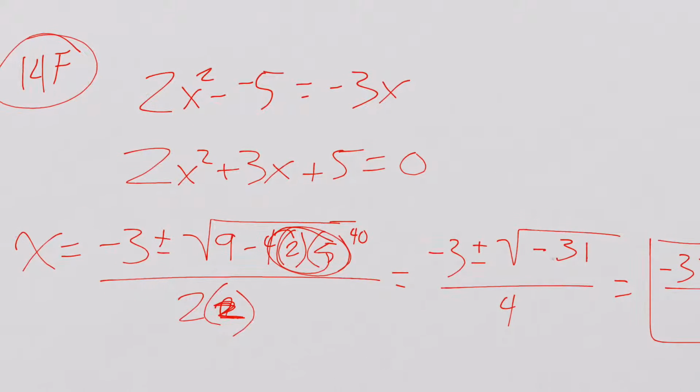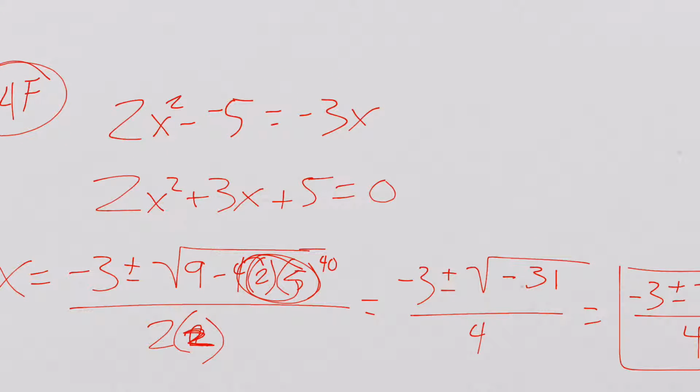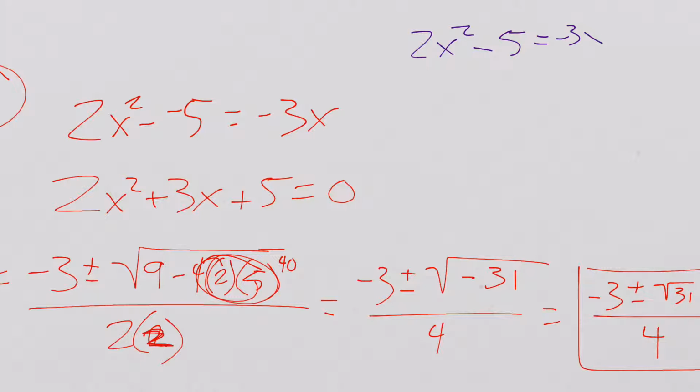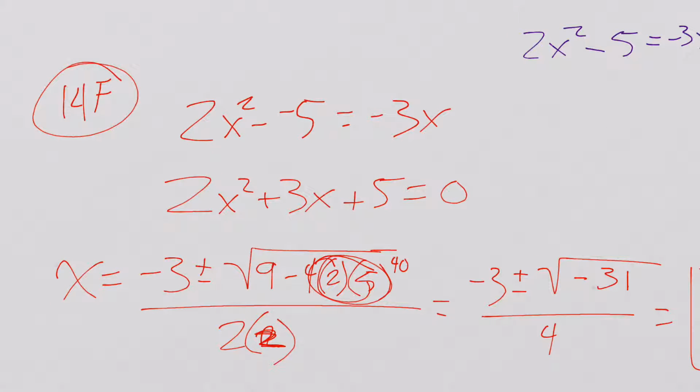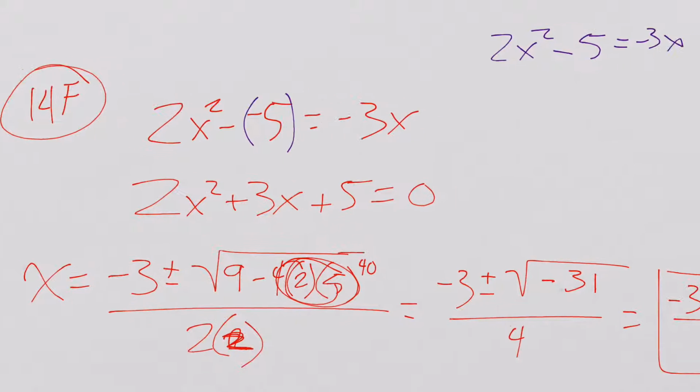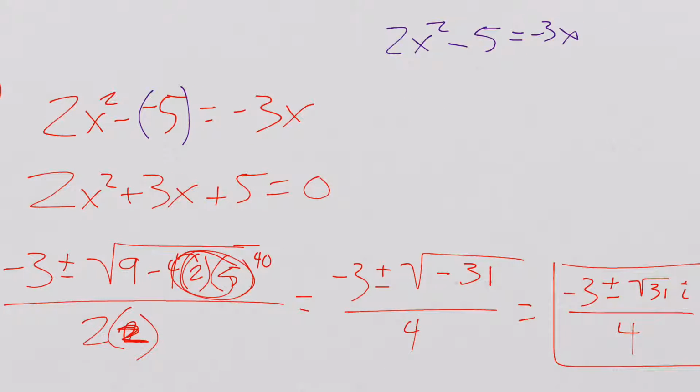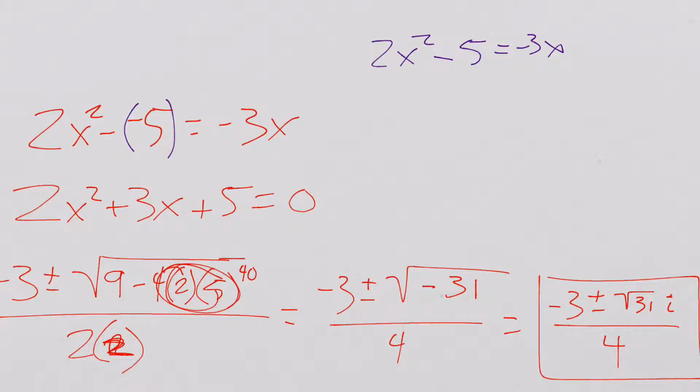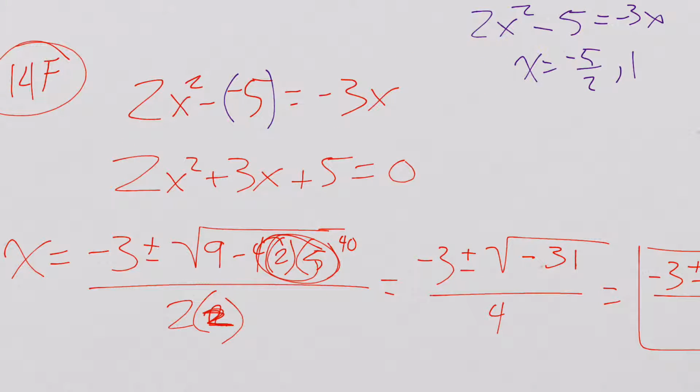If you got that answer, it means that you solved this problem as 2x squared minus 5 equals minus 3x. And you either assumed that that extra minus was a typo and it should have been minus 5, or you just didn't notice it. But if you solve this solution in purple, you get x equals negative 5 halves and positive 1. If you solve the red equation, which is technically what's written on your study guide, then you get